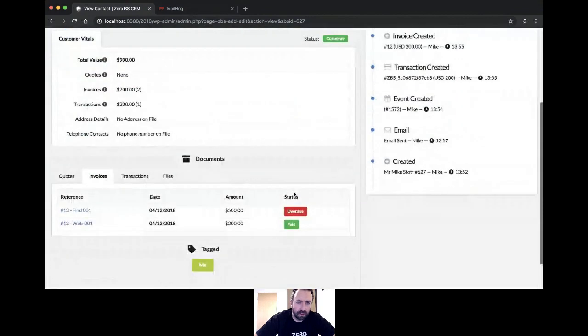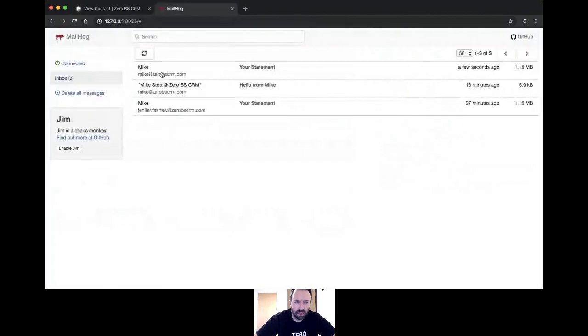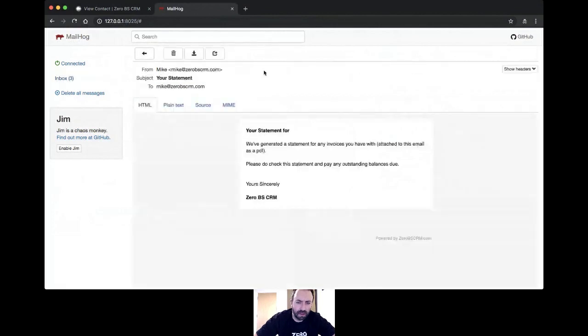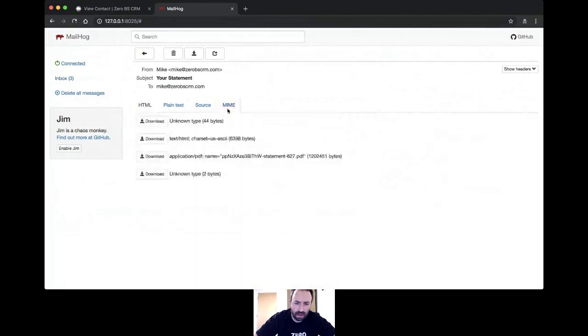Then if you go to the email, this is called MailHog, and it's something that we use just to test emails are going out. You'll see here that just now, a few seconds ago, your statement was sent to Mike. And it says, this is your statement. We generated a statement for any invoices you may have with us. Please do let us know and pay. Then it'll attach a PDF,